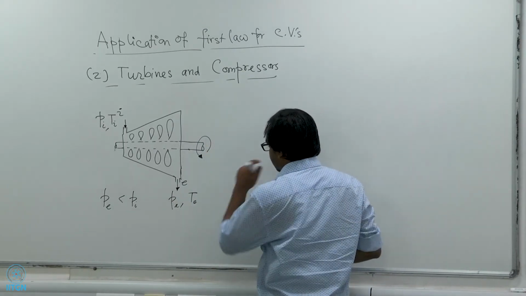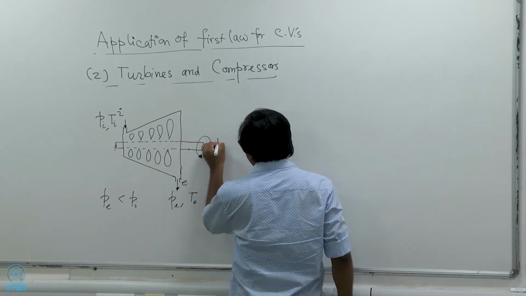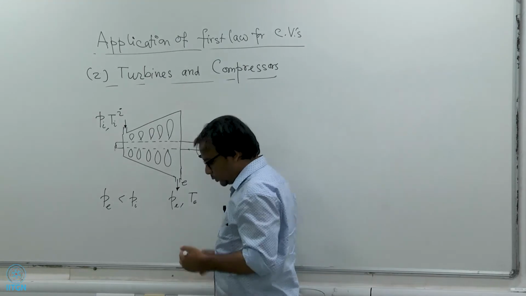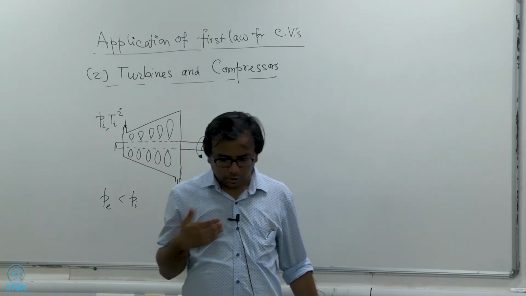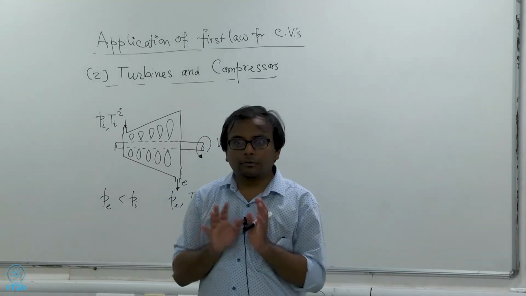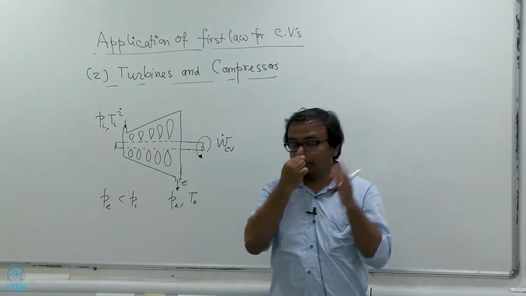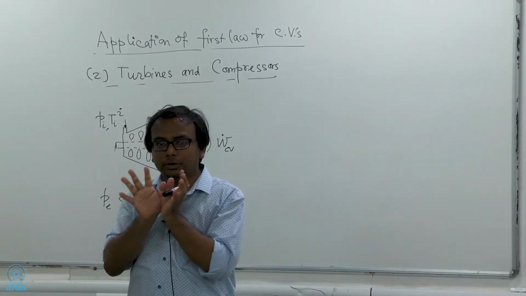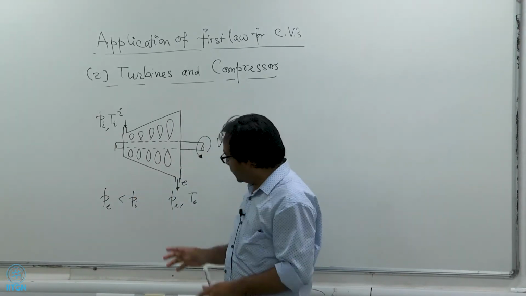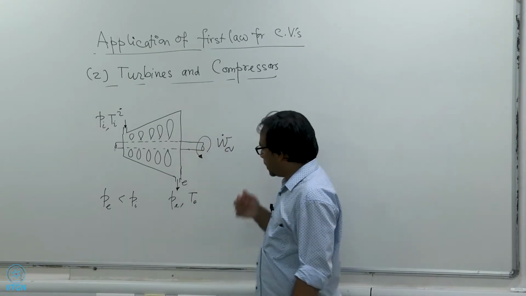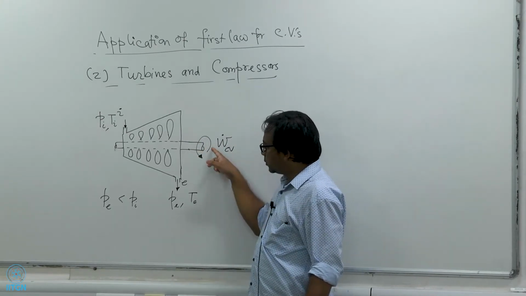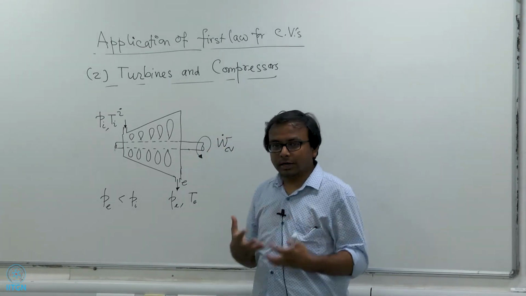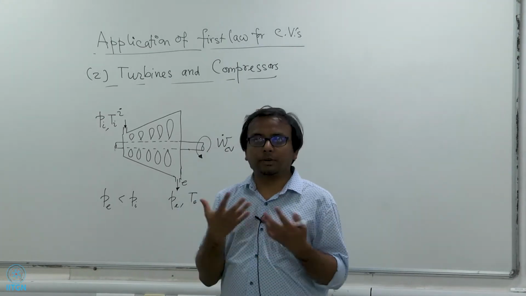In this case there is very clearly a non-flow work done, because the shaft work that the fluid does by rotating the shaft is definitely not flow work. It is not part of flow work. Remember, flow work is just the work supply that you need to give to sustain the flow. This is non-flow work, which is why it should be accounted for in the non-flow work done by the control volume.